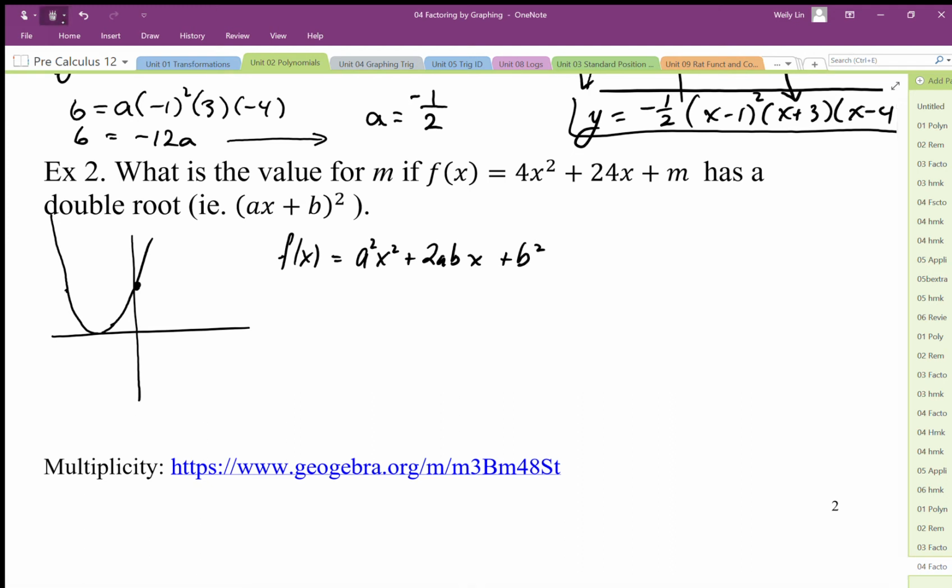So really what I'm going to do is, this is a strategy called equating coefficients. I want to find m, and I can find m by solving for b. If I know what b is, I can then find m. I also know that this 4 must relate to that a squared. Well, if that's true, then I'm going to write it over here, a squared is equal to 4. So a must be equal to plus minus 2. Okay, so if a is plus minus 2,